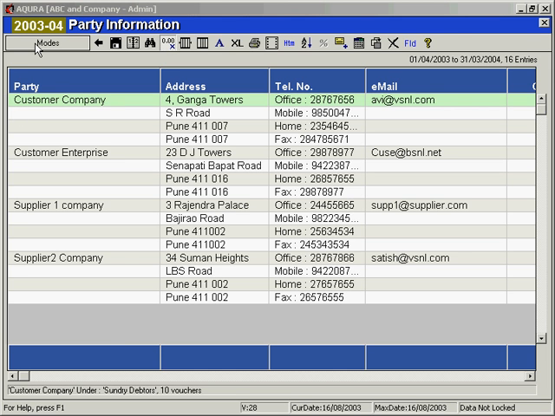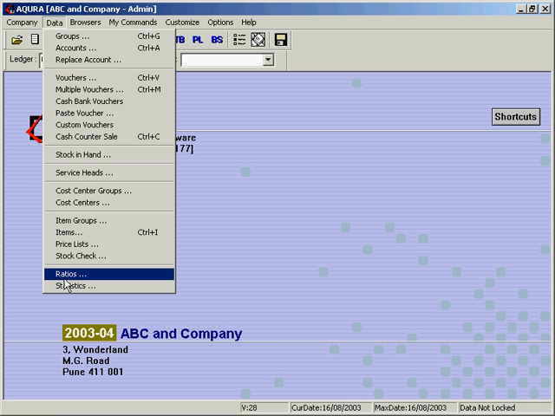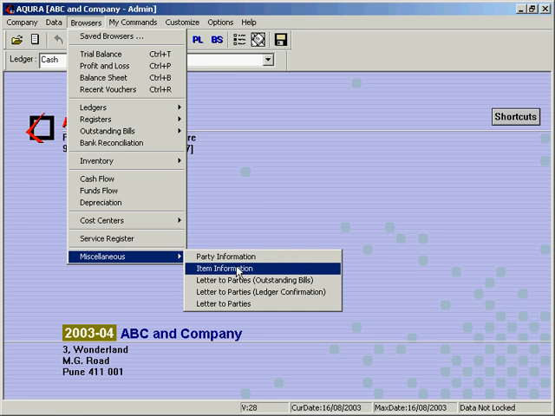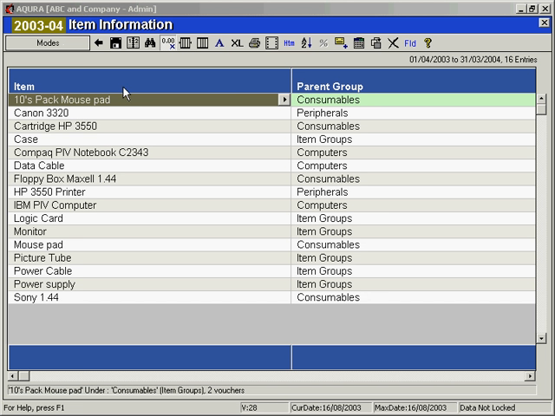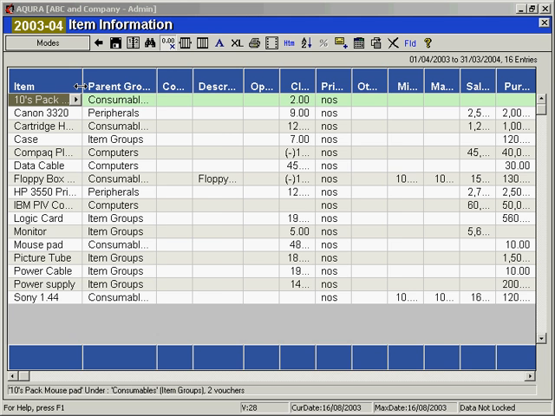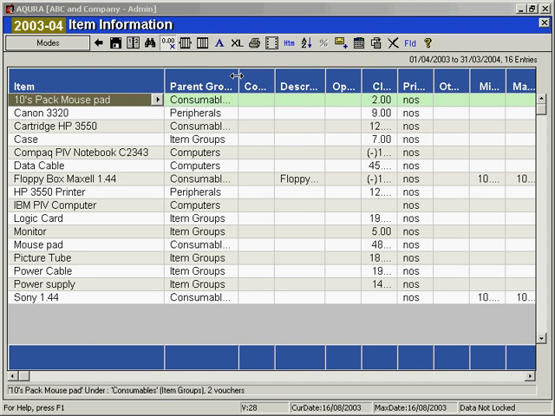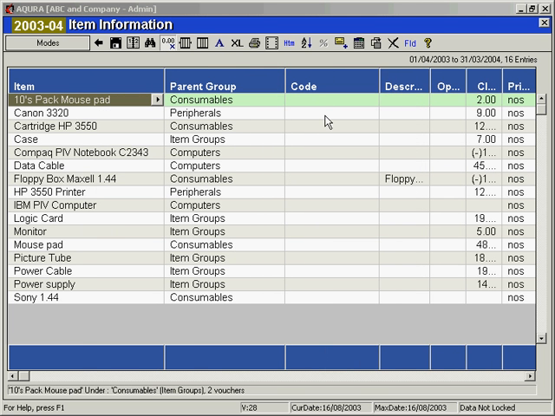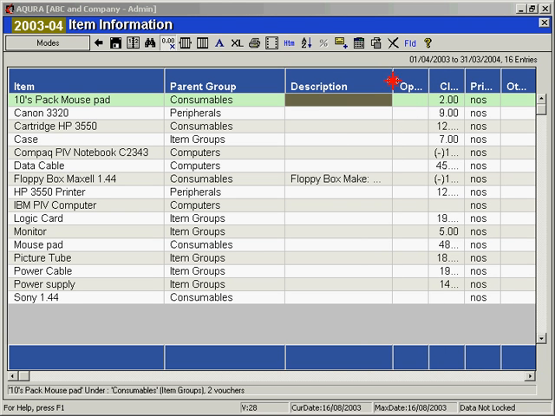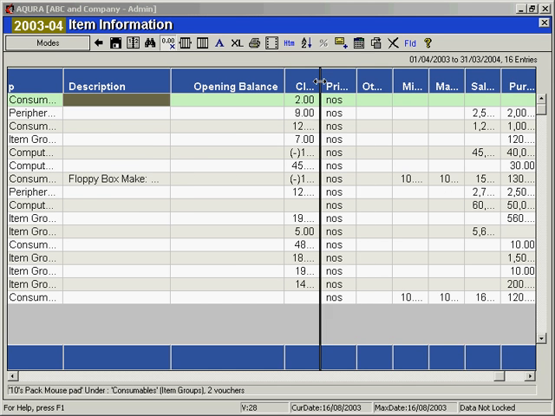So we have seen party information. Let's see other miscellaneous browser. It is item information. So this is a complete item master list. You can have item name, parent group, then the code. If you are not using code, just hide it. Description of that product,